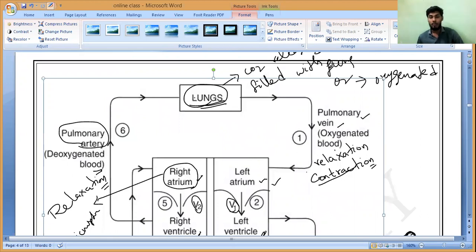Basically, this question will come for how many marks? A 5-mark question. Do you all understand? Nobody should get confused with the valves and all. If you have any doubt, you can ask me anything regarding this. This is a 5-mark question that comes many times. By that time, you have to draw this double circulation diagram and explain it stepwise.